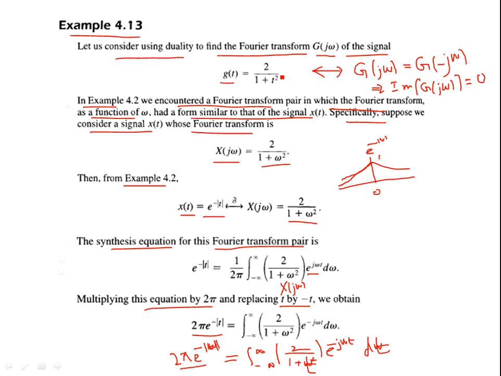So you know the Fourier transform of e to the minus magnitude of t is 2 over 1 plus omega squared, right? So if you interchange the variables, if this becomes the function of time, then by the duality principle, the Fourier transform will be of the same form. It will be e to the minus |omega|, right? Of course, there is a multiplication by 2 pi